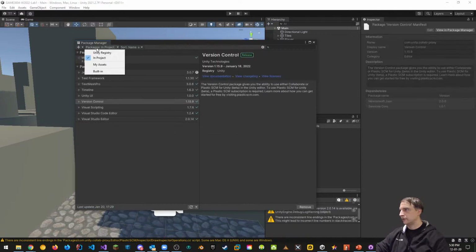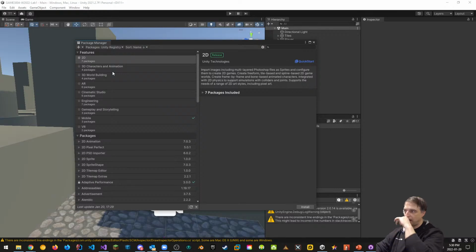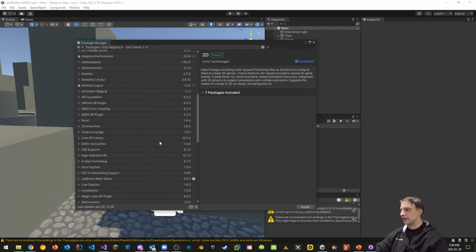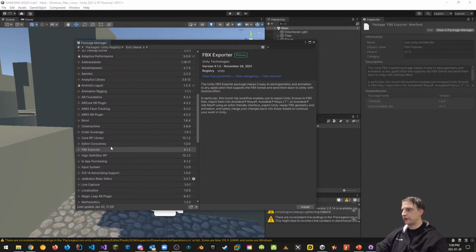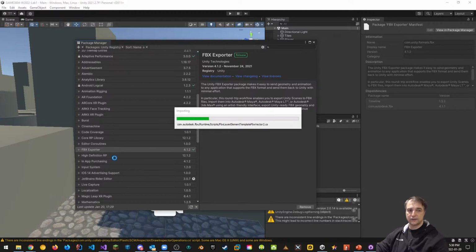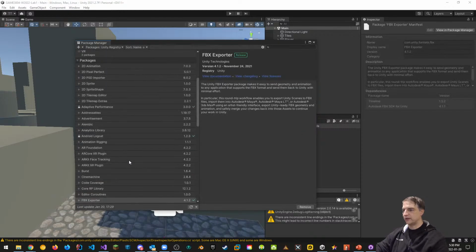Cool. Unity registry. And then we're going to scroll down until you see FBX Exporter. Please install that. We're going to need it because if you download stuff for your assignments going forward, especially for your first playable release, as an example, then you want to have FBX Exporter in there, because once you